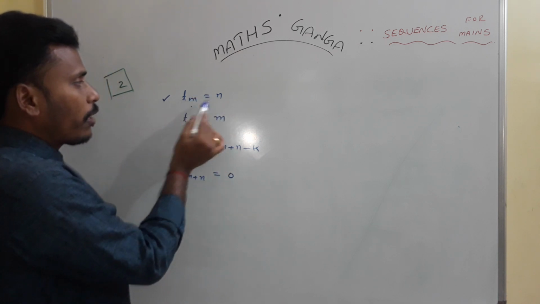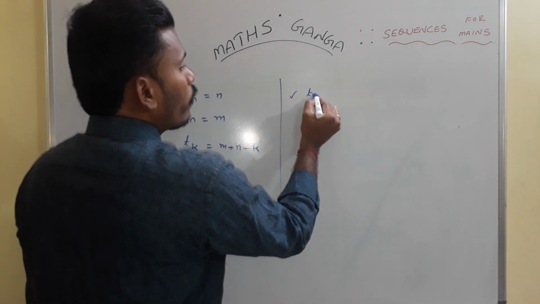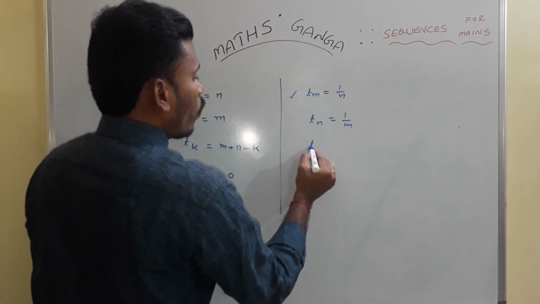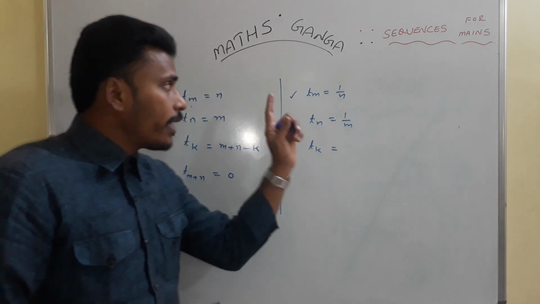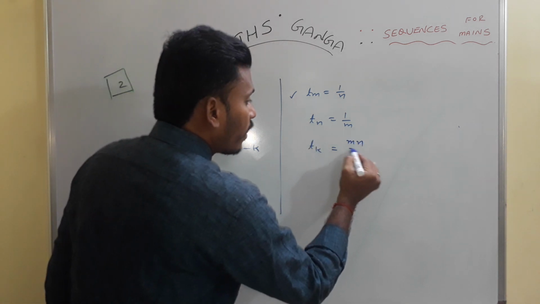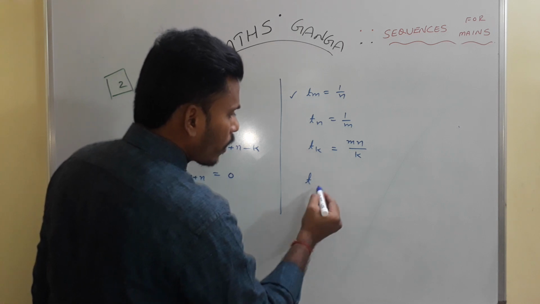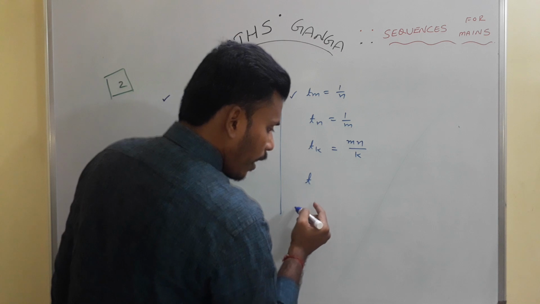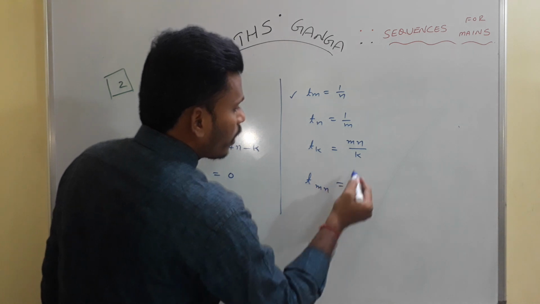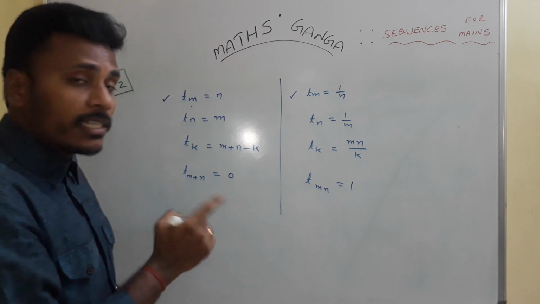So keep in mind that if the mth term is n and the nth term is m, the m plus nth term is 0. And another thing: if the mth term of the arithmetic progression is 1 by n and the nth term is 1 by m, then what can you say about the kth term? By knowing the mth term as 1 by n and the nth term as 1 by m, its kth term is given by the rule mn by k. See, that is mn by k. So if anybody asks you to find the mnth term, replace k with mn and you will get it